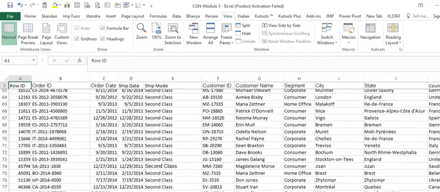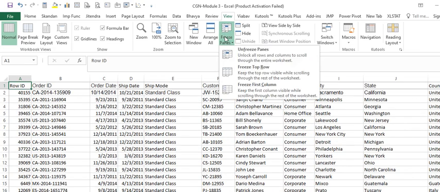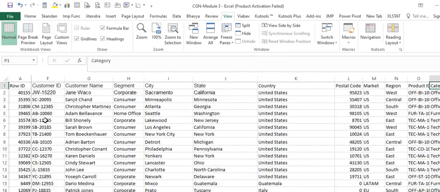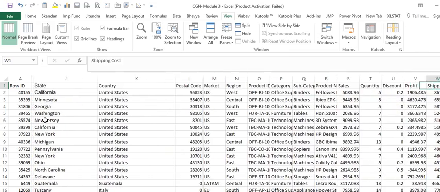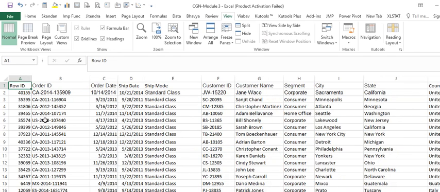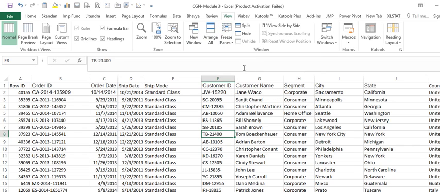You can also freeze the column, so I can go and say freeze the first column. So the demarcation has come here. When I move across, the first column gets frozen. So this way, looking through the data becomes very easy. And wherever you want to freeze, you can freeze it. I'm just positioning it, and then I'm saying freeze the top rows.